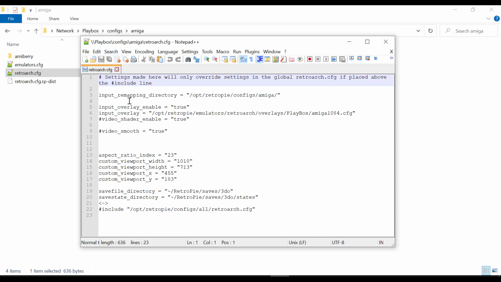As you can see, I have specific numbering on these lines. Line 5 is input overlay enabled set to true. That allows and overrides the RetroArch config, and I say that I want to enable the overlays. The second line, line 6, says which overlay you want to have. It has the full path pointing to the Playbox folder that we talked about before, and it points to this